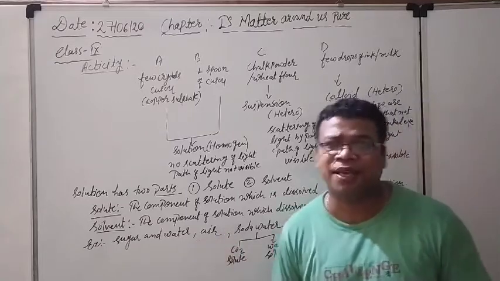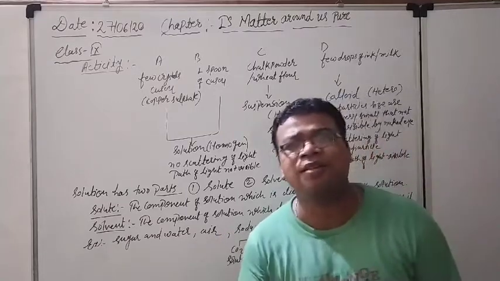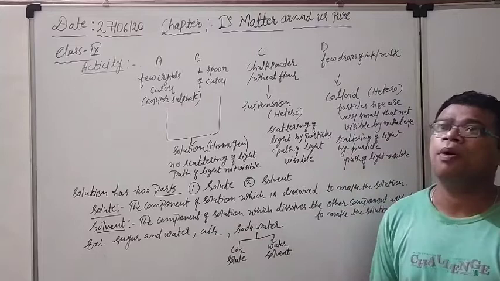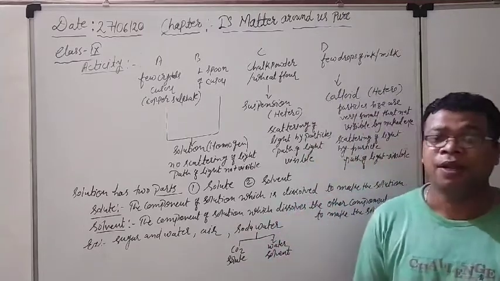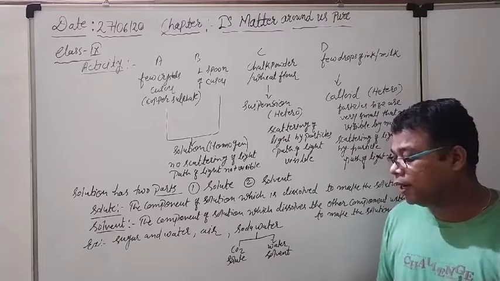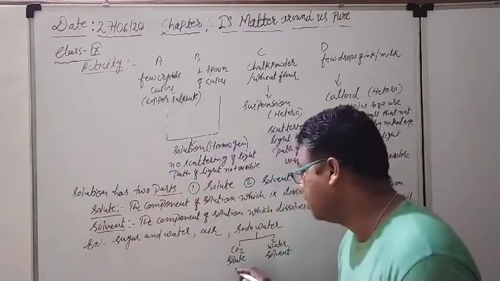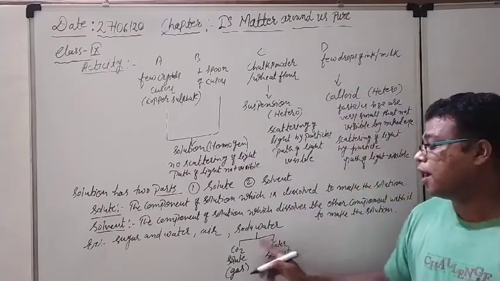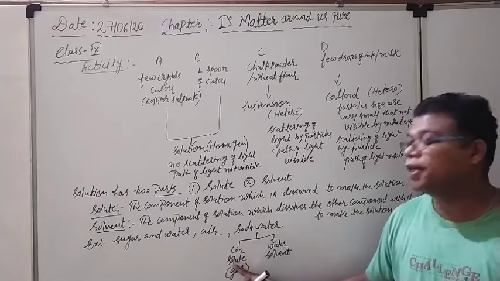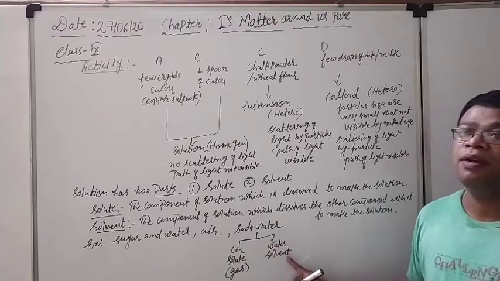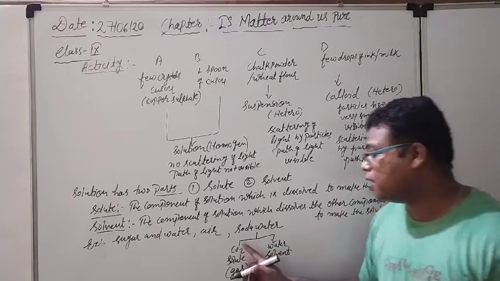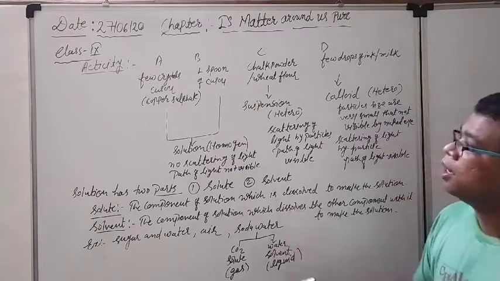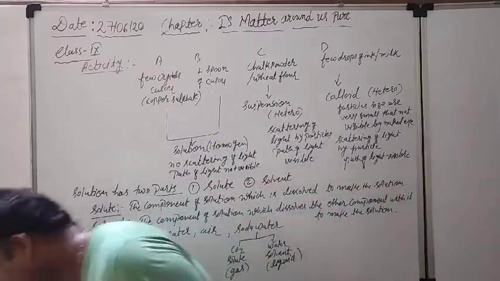Air is also a mixture of gases, as I have told you, like nitrogen, oxygen, argon, water vapor, some dust particles, so many things are there. Now soda water. Soda water is also a mixture, a mixture of gas with liquid. Carbon dioxide is a gas and it is dissolved in water. Carbon dioxide works as the solute because its quantity is small, and water works as the solvent because its quantity is high. So it is a solution of gas with liquid. These are the things. Now see the next part we have to see.